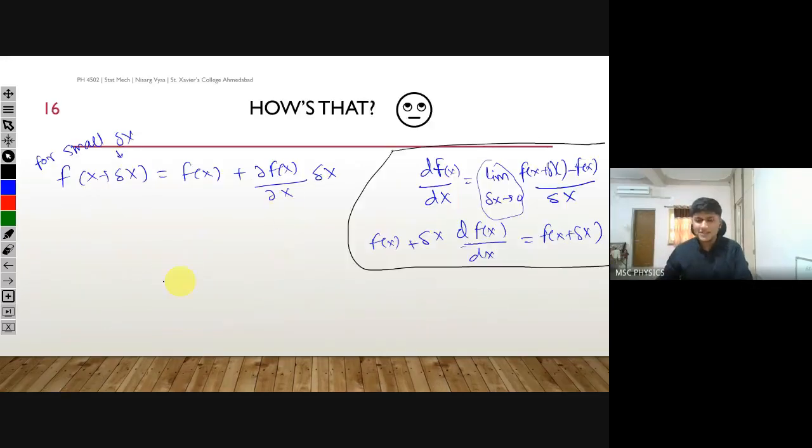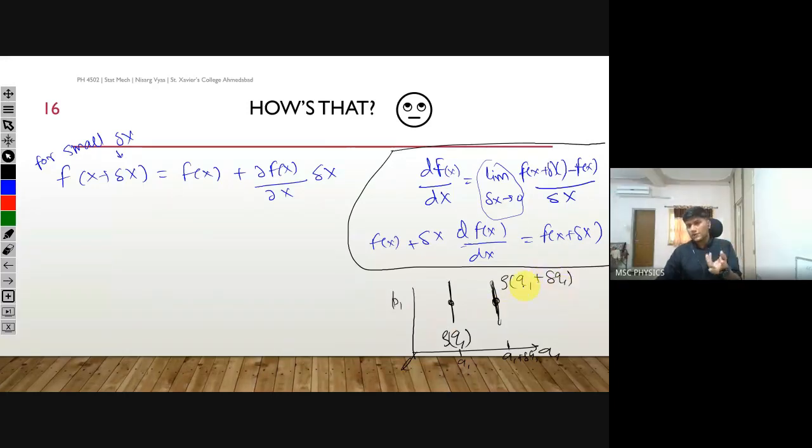So here will be some mathematics. So rho at Q1 is... let's draw this phase space. This is the Q1 axis, this is the P1 axis, this is the Q1 point, and this is the Q1 plus delta Q1 point. And here there is another surface. Here the rho is changed because rho depends on Q. So rho is rho of Q1 plus delta Q1. It is not just rho of Q1, but it is rho of Q1 plus delta Q1.